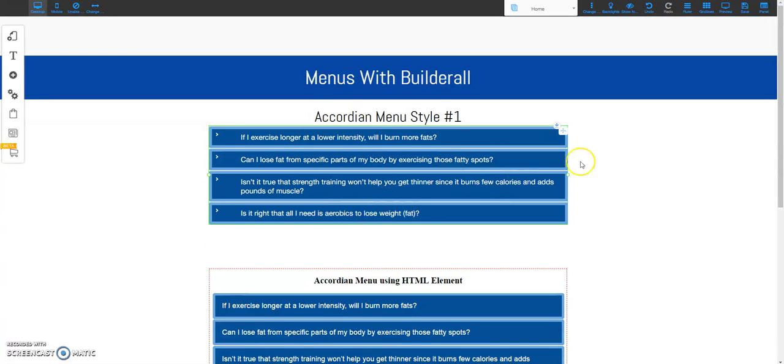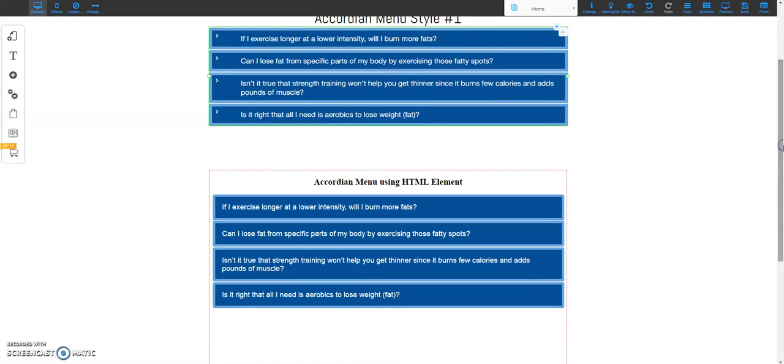And what I have down below this is how you can make the same effect using the HTML element within Builderall. This effect doesn't look exactly like this, and I'm still learning HTML, CSS, and JavaScript, and that's what's being used to generate this